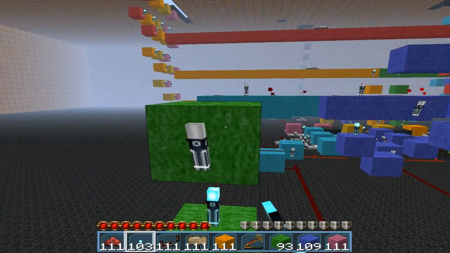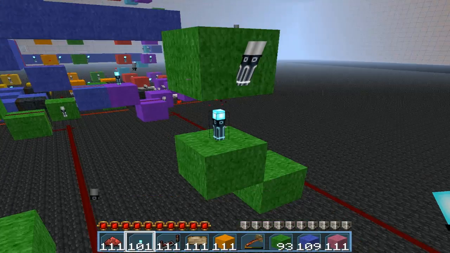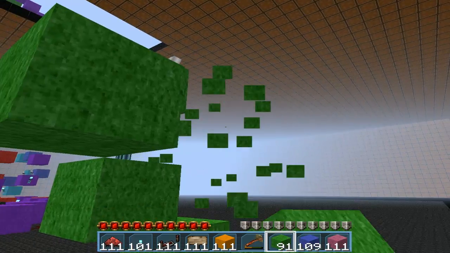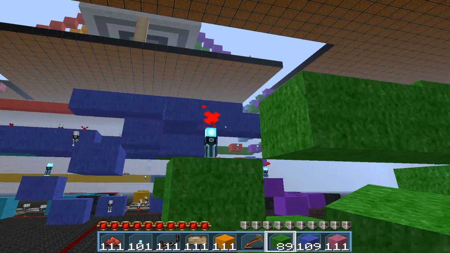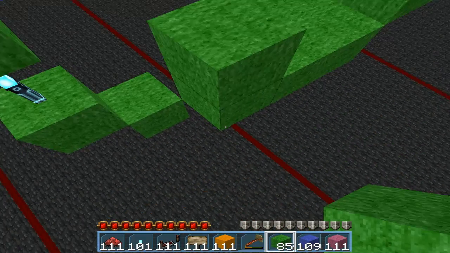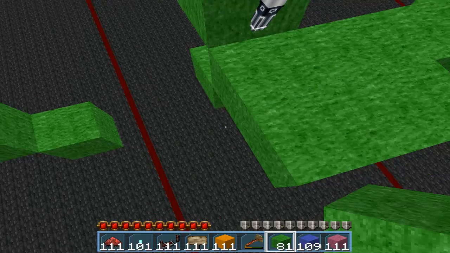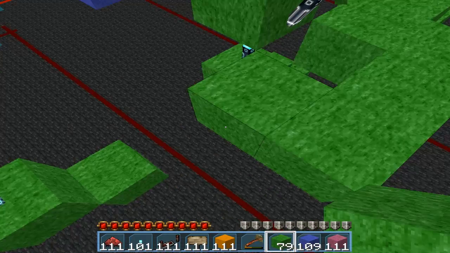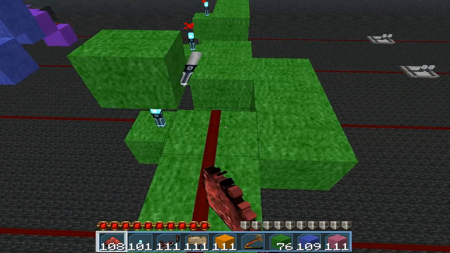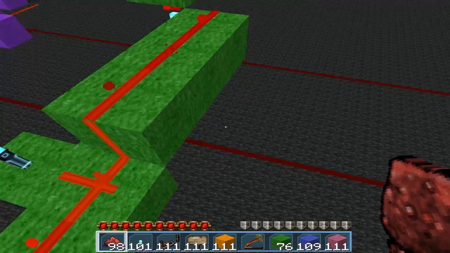Okay. There's that, and here's that. Let's try it this way this time. Okay. Over here, here, up, and around, and over. If we wire this up,